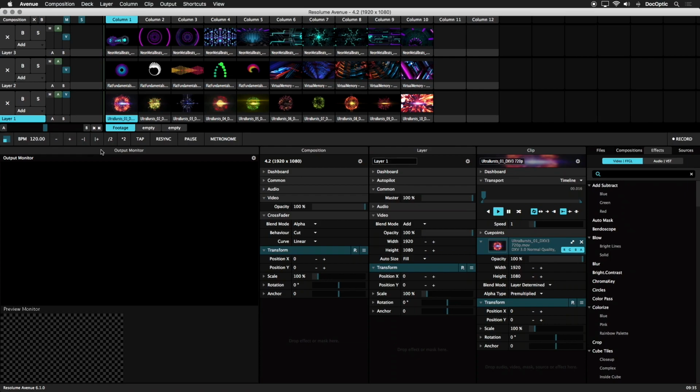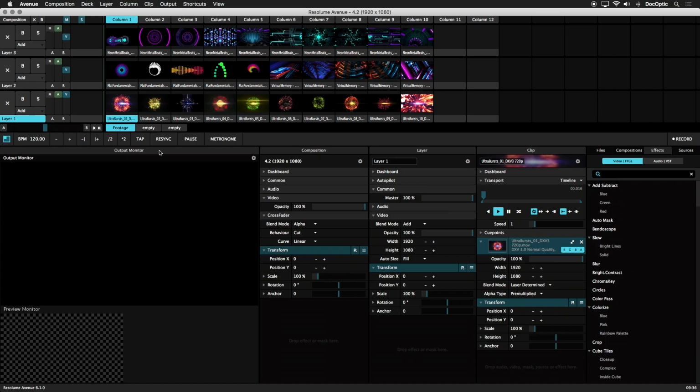The /2 button halves the current BPM, and the *2 button doubles it. If you don't know the BPM of the music, you can use the BPM tapper button. Before we go over how that works, let's discuss the BPM timeline, which is one way to synchronize BPM with